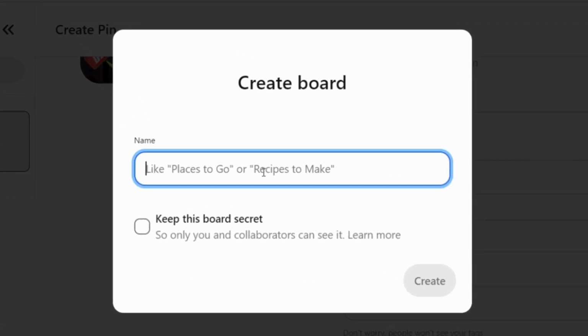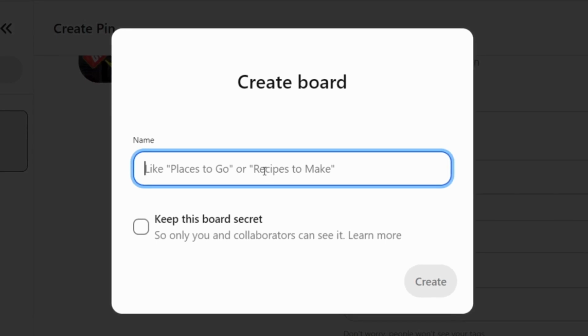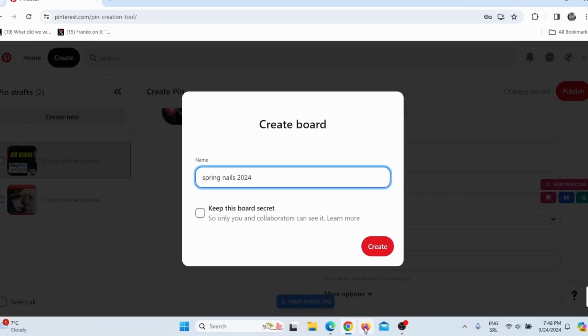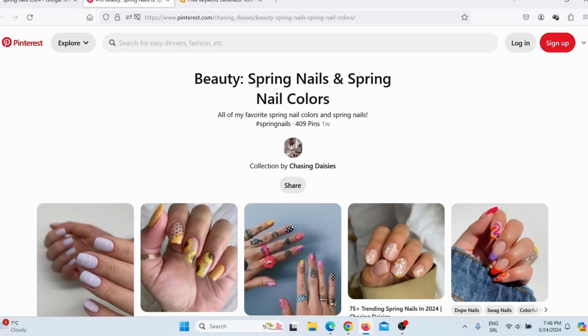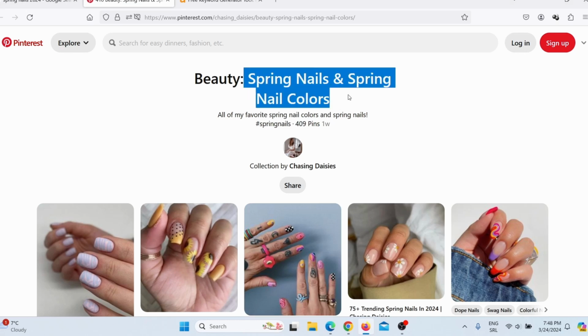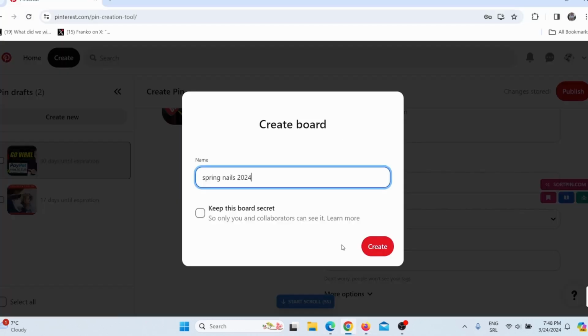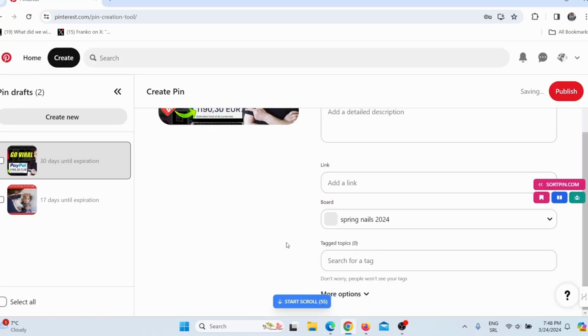And then here I need to add a name of this board, and this name has to contain my main keyword, and in this case it is Spring Nails 2024, because when we go back here, look at this, Spring Nails colors. This actually contains main keyword, and that is why this board is ranking on first page on Google. And after that I need to click here on create,